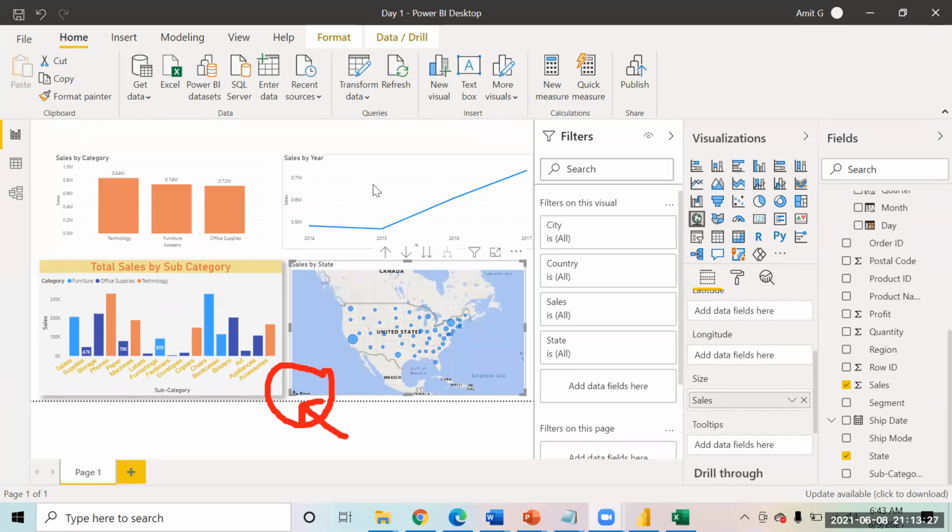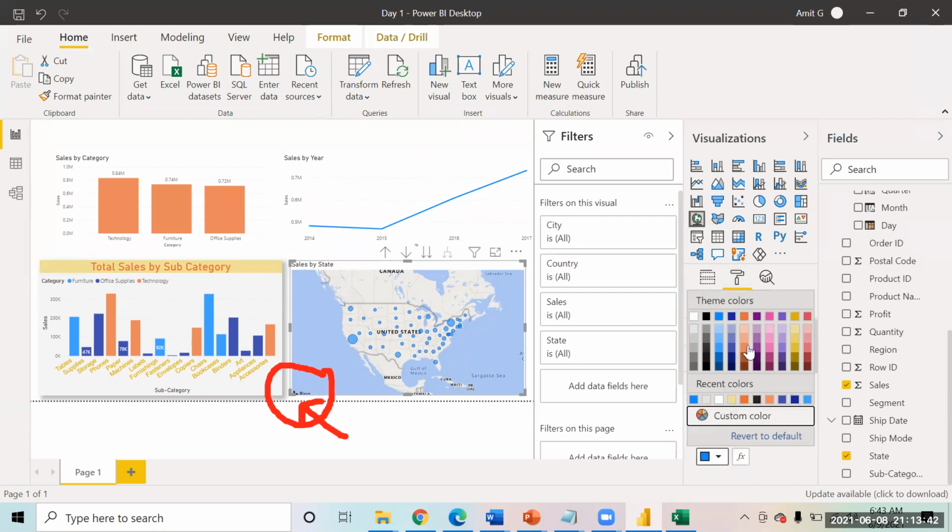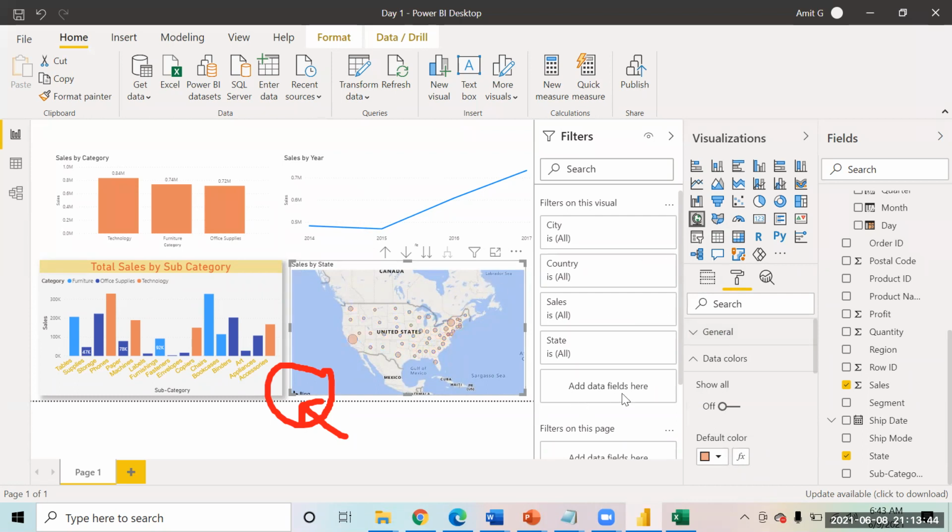So now, bigger the bubble, higher the sales. And if you go into the formatting, you will find a couple of options for formatting as well. For example, if you want to change the colors, you can change the colors over here. For the bubbles, you can change the colors. Coming down, if you want to play with the bubbles, you can increase the bubble size. So they become proportionally bigger. Bigger becomes more big, smaller becomes a little more big. So proportionally the size of the bubbles changes.